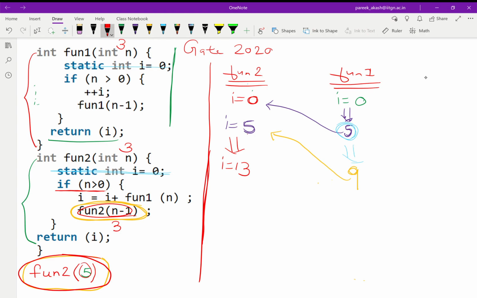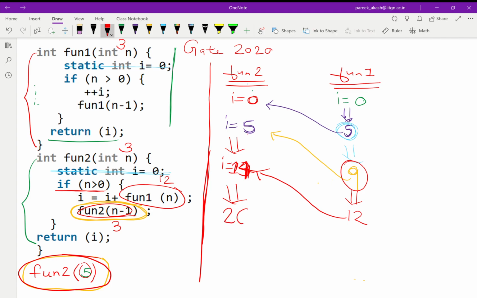So now I is 9 and it will increment by 3, so it will become 12, and now it will return this 12 to function 2, and function 2, after getting this 12, will add it to I. Sorry, I was 14, 9 plus 5 is 14, 14 and 12, it will become 26.